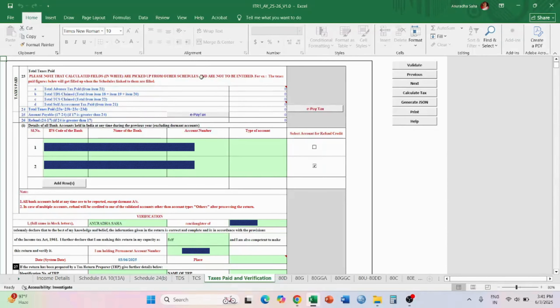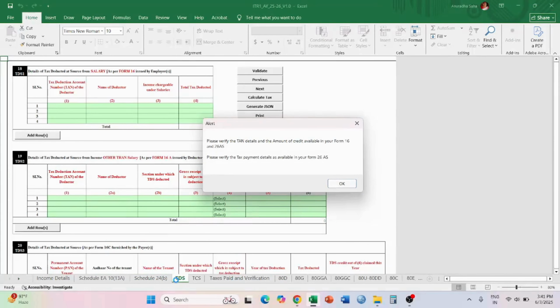So for that I will have to go to TDS. I will click on this TDS page, and over here I have to write down all the data that I have. They are showing over here that the TAN details are required, the credit amount is required, and I have to verify the tax paid from Form 26AS.